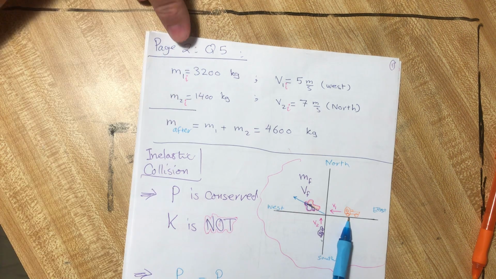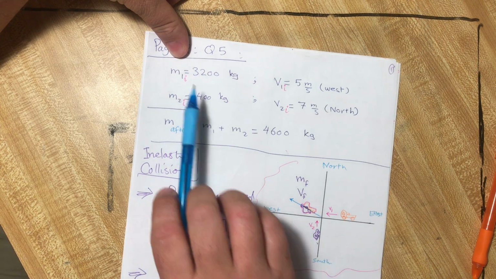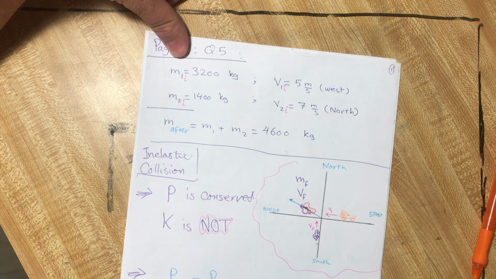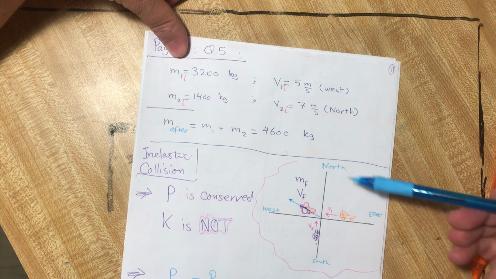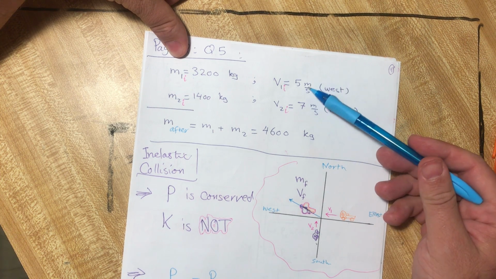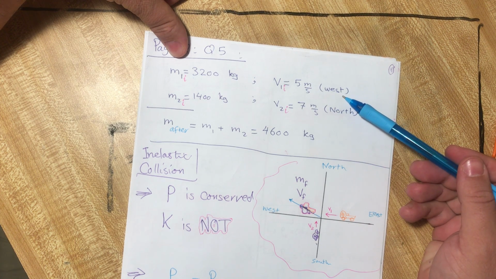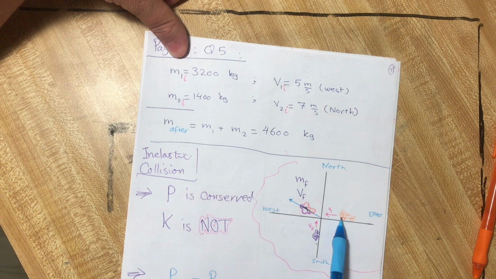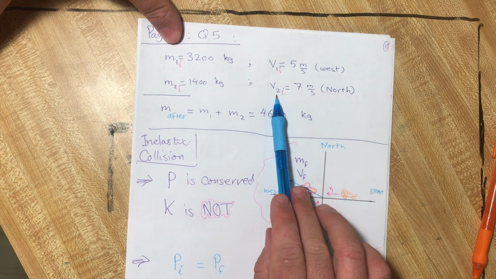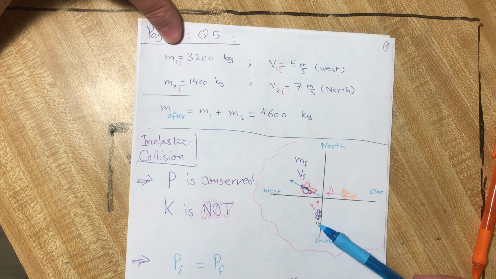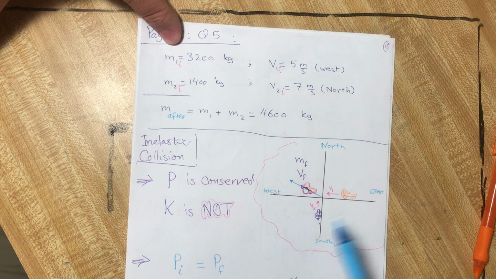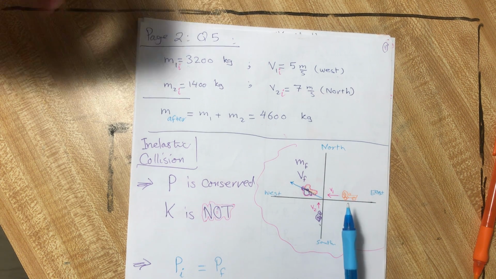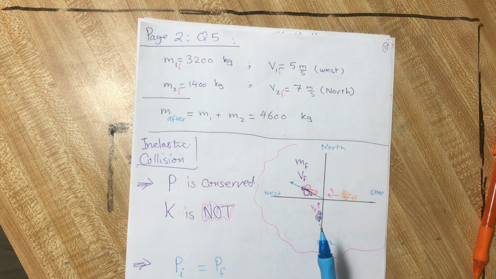Okay, we have a truck and a car. The mass of the truck, M1, initially is 3,200 kilograms. The mass of the car is 1,400 kilograms. And the velocity of this truck initially is 5 meters per second to the west direction. And the velocity for the second object, which is the car, is 7 meters per second north. So both of them are moving in two dimensions. Okay, they collide, then they stick together,